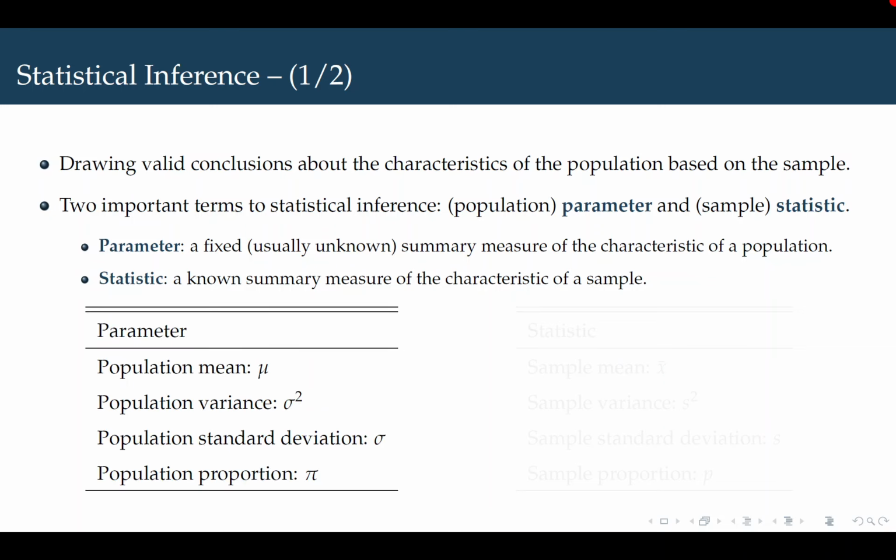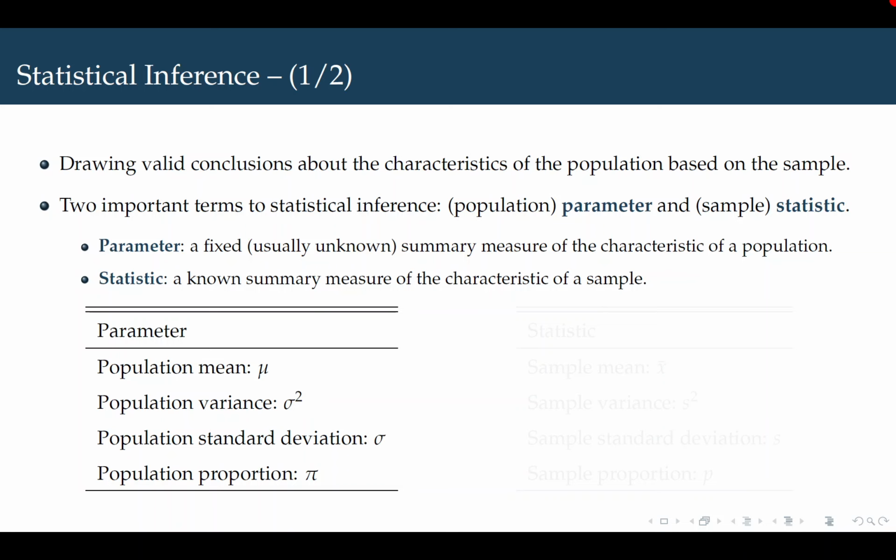For example, population mean, which is usually denoted by mu, population variance, which is usually denoted by sigma square, population standard deviation denoted by sigma, and population proportion denoted by pi are the most common population parameters or summary measures of the population. And on the other hand, we have statistic, which is a known summary measure of the characteristic